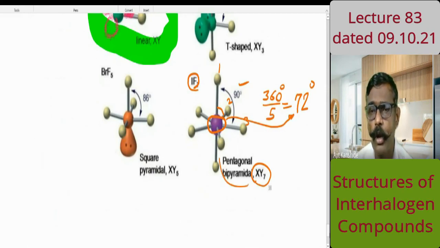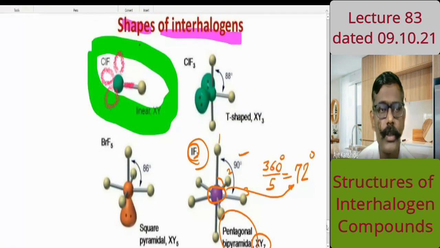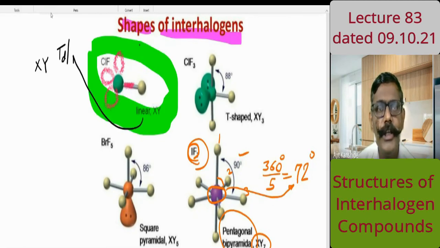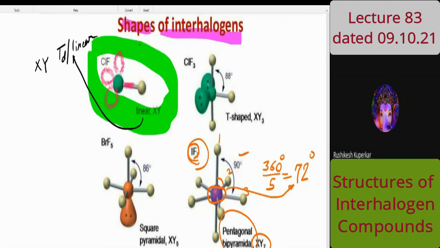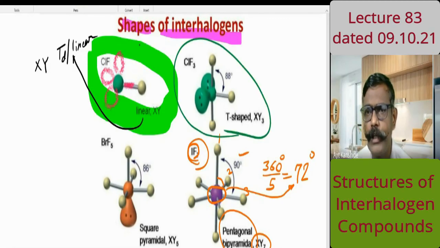The structure is pentagonal bipyramidal. Example is IF7. So students, we have discussed today the structure of the XY kind of interhalogen. Structure is tetrahedral and shape is linear. Is it clear? Yes, sir. If you consider the second type of the interhalogen,